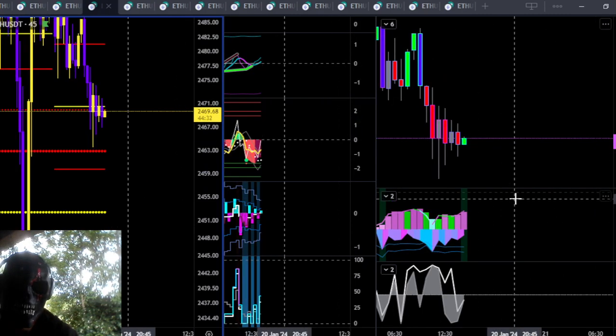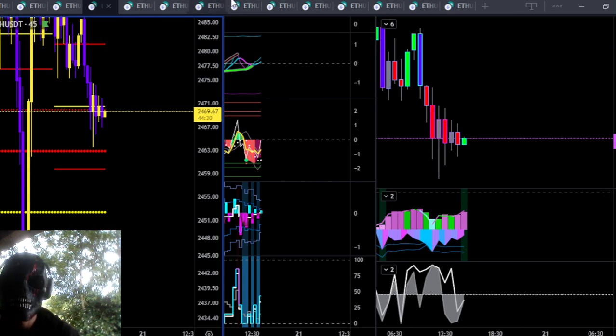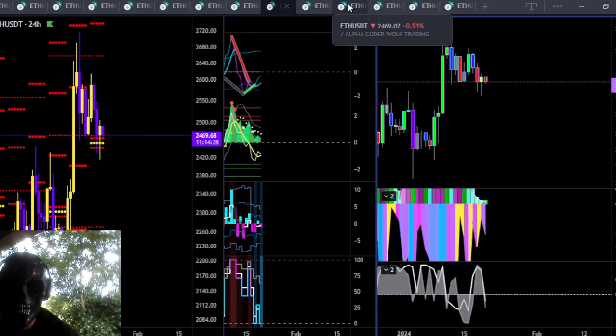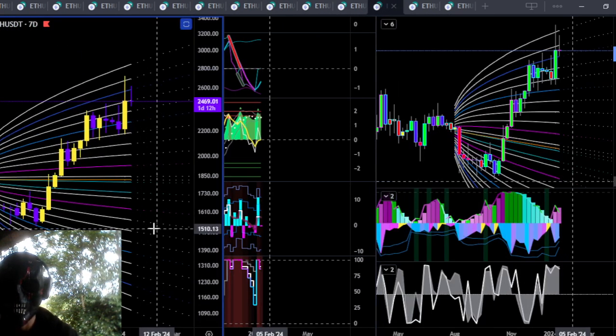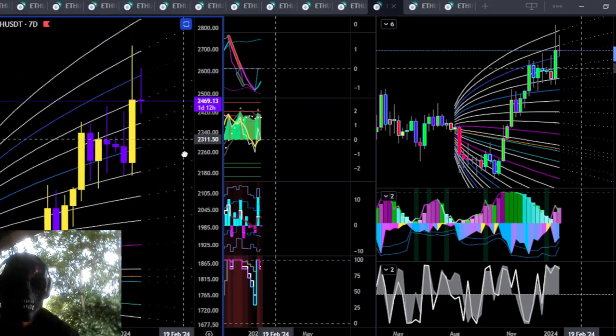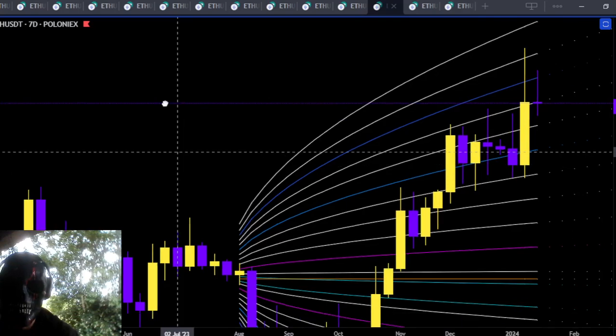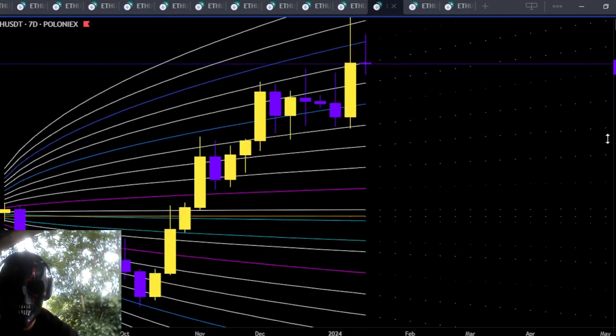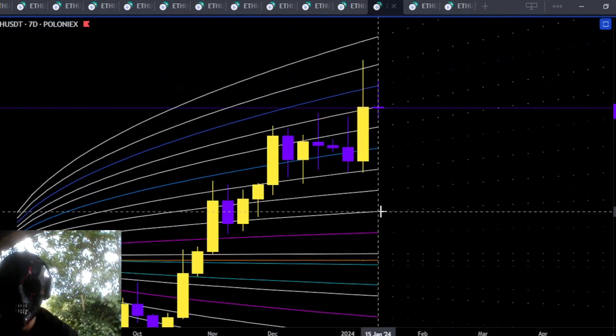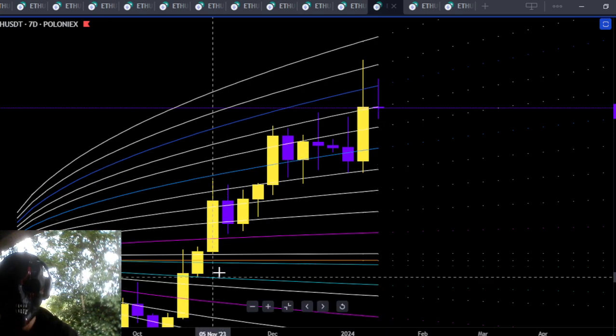Now we're going to go back into the 7 day. I think it's this one. Could be about that one. Alright, we will start on the left side. So this cone on the left hand side is a cone that has no skew in it, unless it's dictated